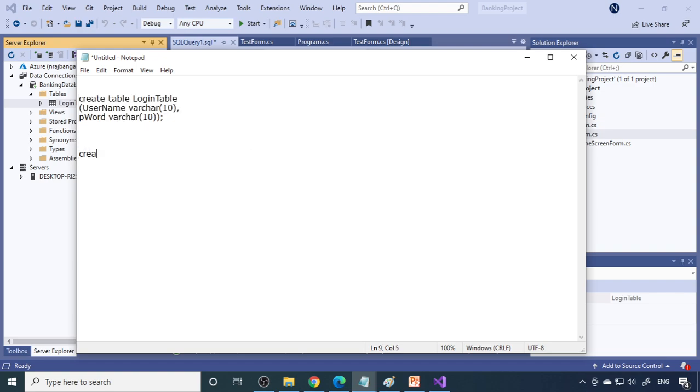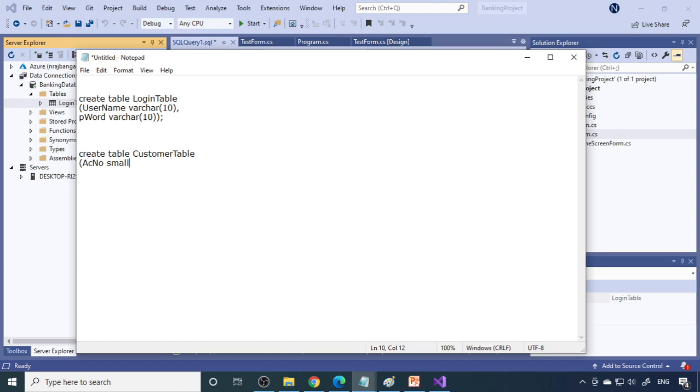Again same thing, create table customer table. Customer account number. You can say account number only. The account number will start with 1001, four digits, so a small integer will do the job.